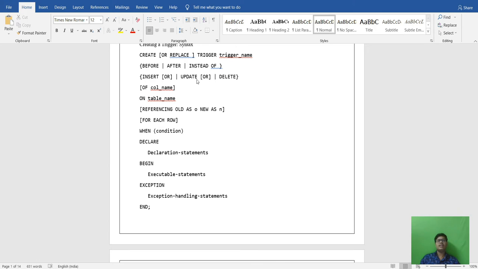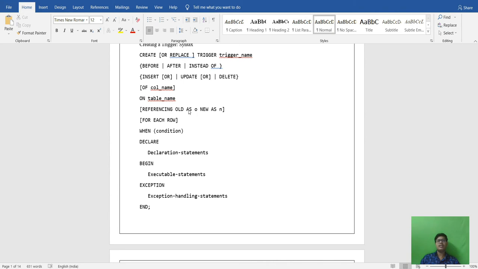Next we give the DML commands such as insert, update, delete, on a column name or row for the action being performed, and on which table we have to do it. Then there are the references, which we will see below.